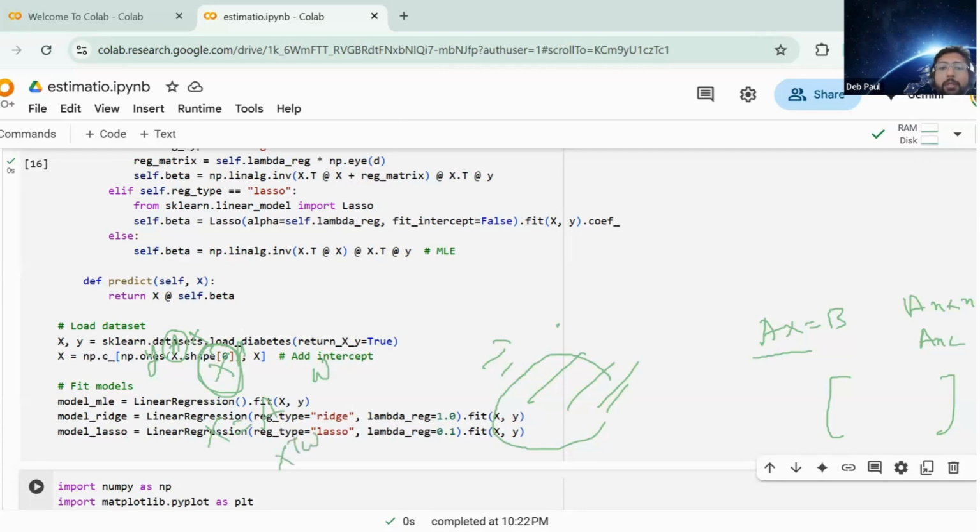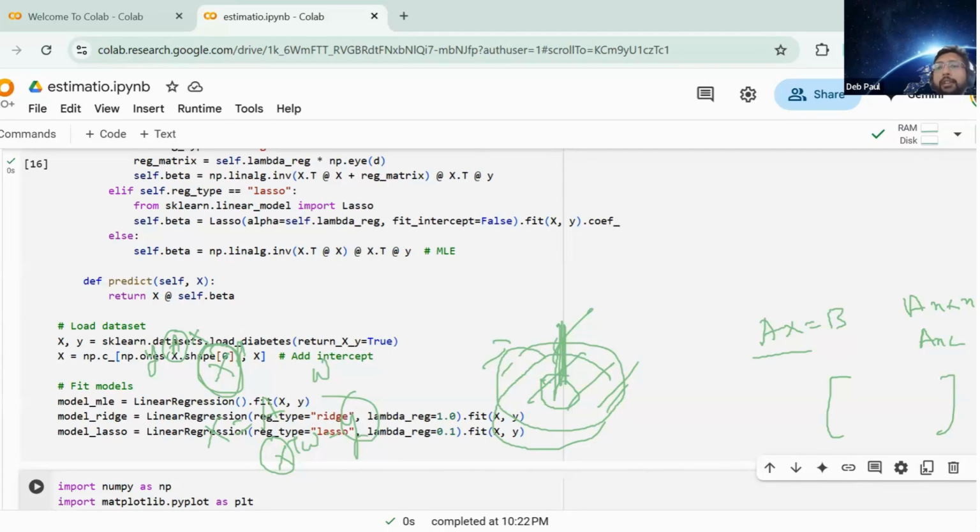Basically we can say X transpose W is equal to Y. This is what you're estimating. X is given. In the same column space as X, your Y doesn't fall. Y falls in some other space. But what you are trying to do is find the closest approximation of Y in that space. And that closest thing is determined by this least squares estimate, right? So how do we know that that is the case?